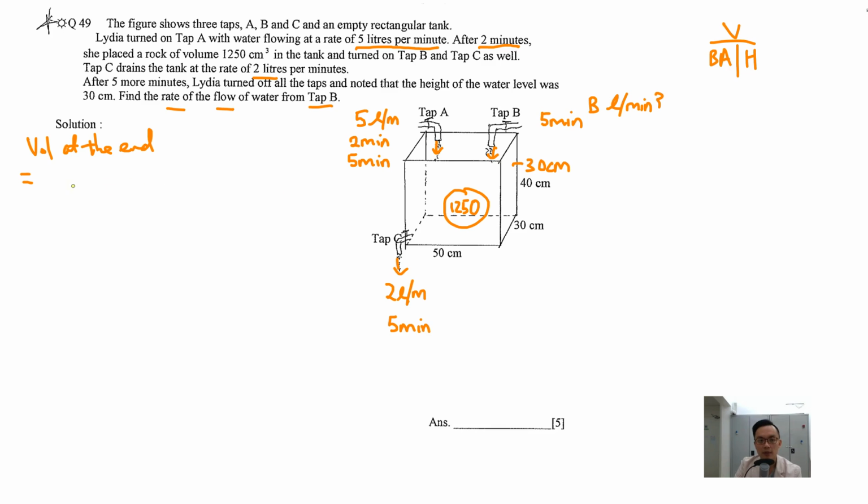So volume equals base area times height, which equals 50 times 30, times, at the end it's 30, so I'm going to times 30. So this is my base area and this is my height. So the answer for this part is